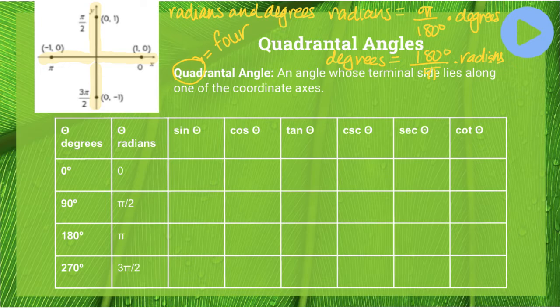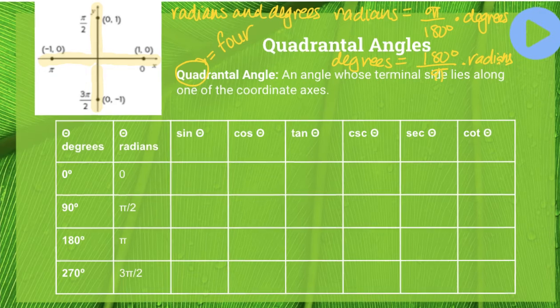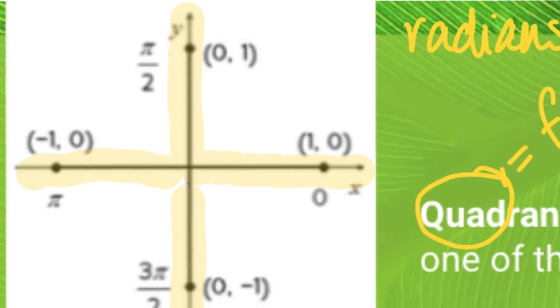So now let's take a look at this picture of the graph, and I'm going to go ahead and zoom in on it. And we're going to label some things that are missing. So I notice that if I'm doing a rotation around this graph in standard position, my rotation begins here at the positive x-axis, right here, and that is 0 degrees. And as I rotate in a counterclockwise direction,